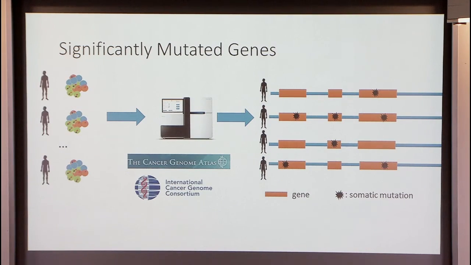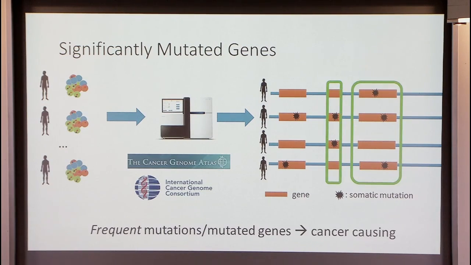One way to do this, of course, is if we had detailed knowledge about the position of the genome where that mutation had happened. We knew it was in a protein sequence, in the active site. We could make predictions about particular locations of the genome. If we don't have that functional information, and for many positions of the genome we don't know what they do, then another idea is just to use the fact that we can measure mutations across many genomes. So we could look for positions in the genome that are mutated frequently, or genes that are mutated more often than we would expect. And this would give us some indication that this might be a cancer-causing mutation if we see it more than we expect.